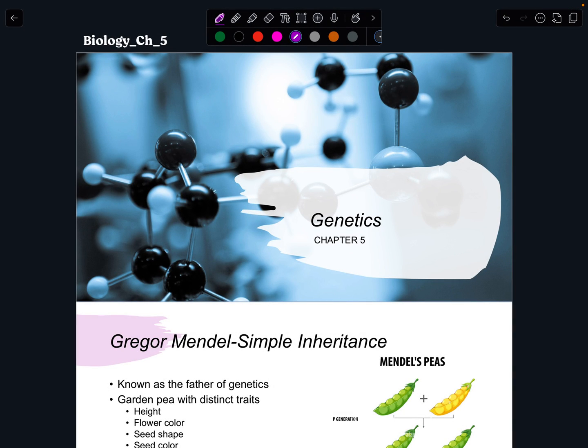All right, we are going to start our chapter on genetics, and we're going to cover all the way through section 5.3, which is non-Mendelian inheritance. This is your chapter on genetics. Please pay attention to this